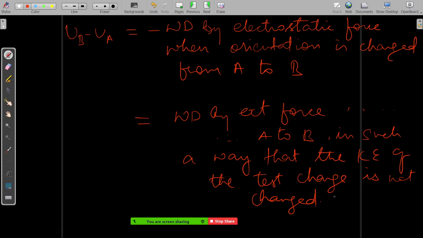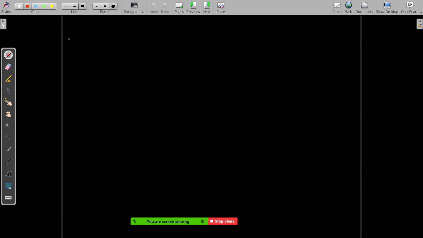All right, so now we'll come back to your potential and see how to define that. So VB minus VA is basically defined as UB minus UA per unit test charge. I want to find what is the potential of a charge Q at a distance r. See, potential energy is basically related to a system of things, a system of particles, a system of charges.